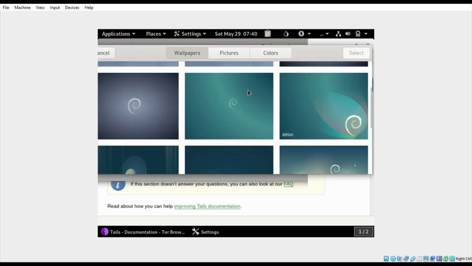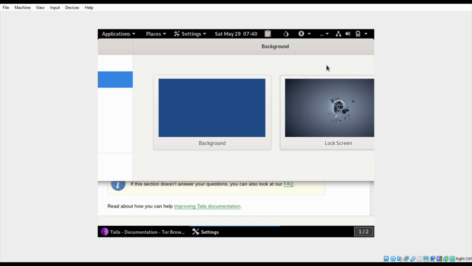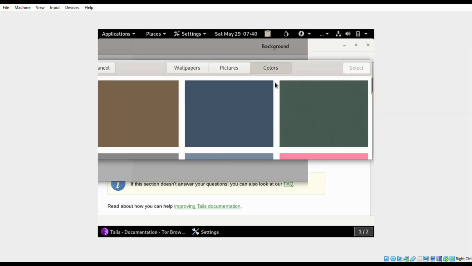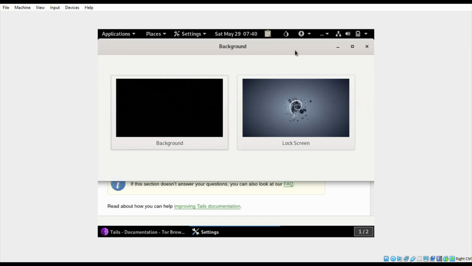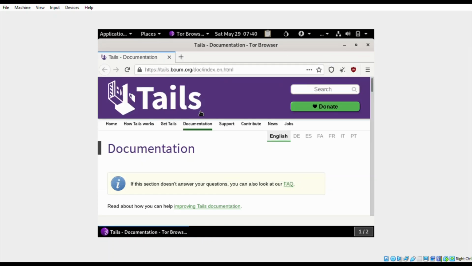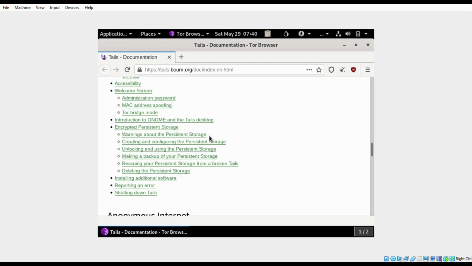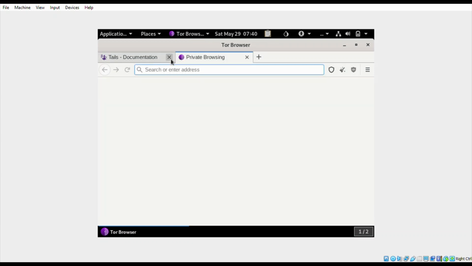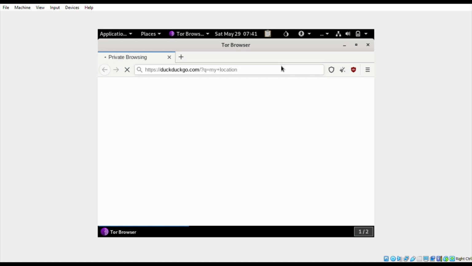A question: can we use Tails as a primary operating system? The answer is absolutely no. Because Tails hides us from every aspect, no one can trace us or locate us through it. But what if we want to use maps to go somewhere? There is not much difference if you log into a website through Tails, because if we enter the credentials, the website will know that this person has entered the website. Here you're completely visible as a person with your name and other credentials.